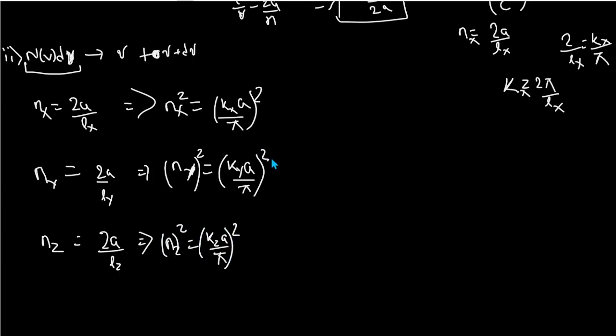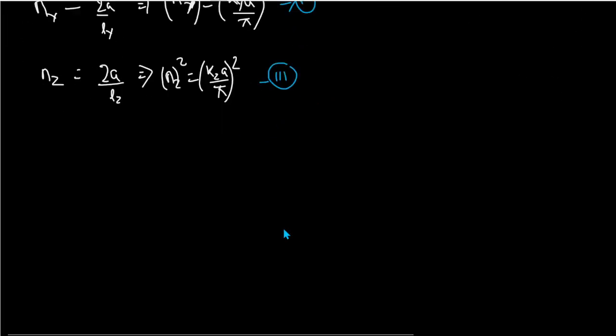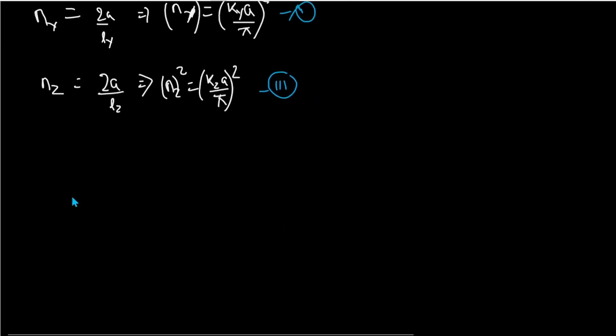Now we are going to add these three equations. If we call this particular equation 1, this one equation 2, and this one equation 3, we are going to add these three terms. What will happen, let's see. If we add these, it's like nx square. Okay, let me write it. nx square plus ny square plus nz square is equal to the